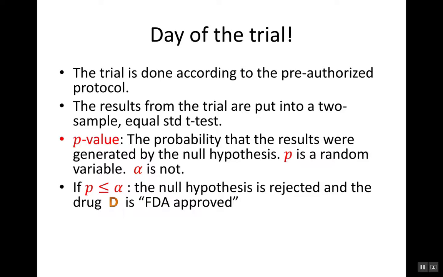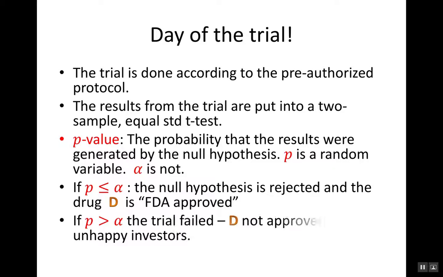Now, if p is smaller or equal to alpha, then the null hypothesis is rejected and the drug is FDA approved. Okay, so now the drug is FDA approved and can be sold as such. On the other hand, if p is larger than alpha, then the trial failed, the drug is not approved, and the investors are very unhappy. But that's the way it is. Okay, maybe the drug wasn't good, or maybe they just didn't use